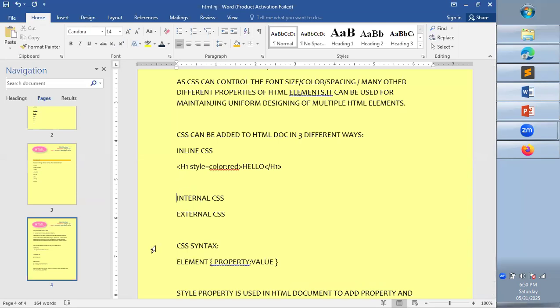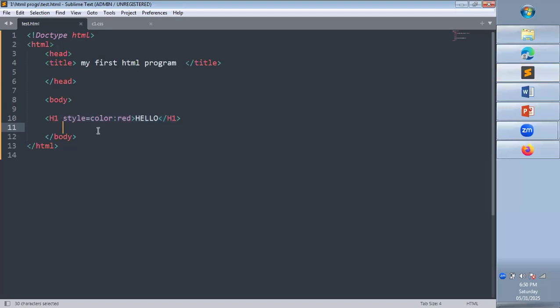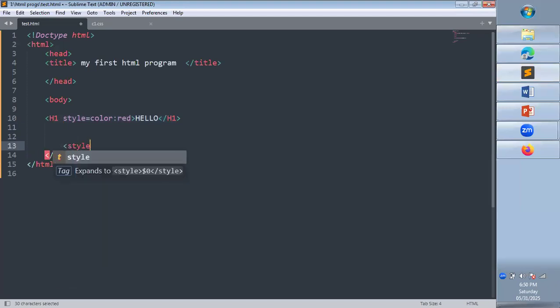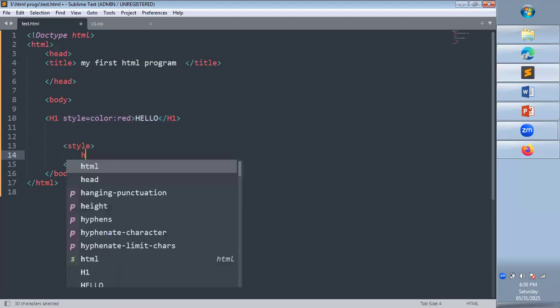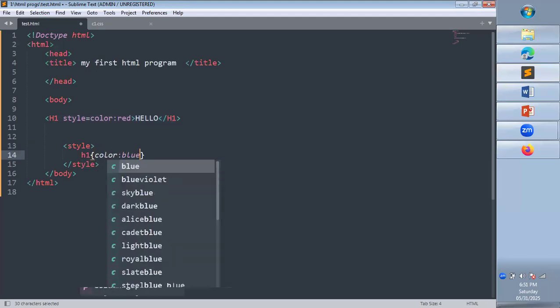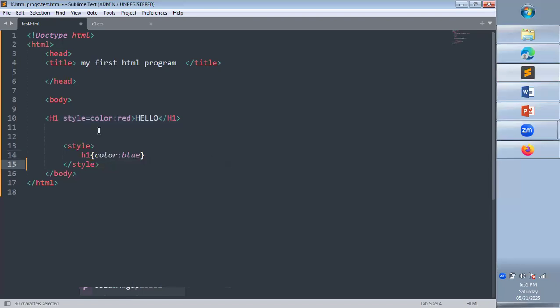The other is using the style tag in HTML document. So anywhere in HTML document, you can use the style tag like this. And within the style tag, you can mention each element and the properties of it. So I am giving here color blue for H1. So wherever H1 is present in the document, not only once, but if we are writing it,